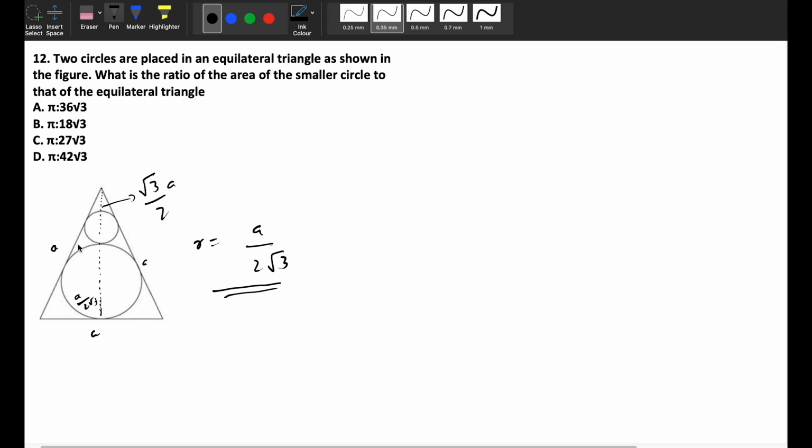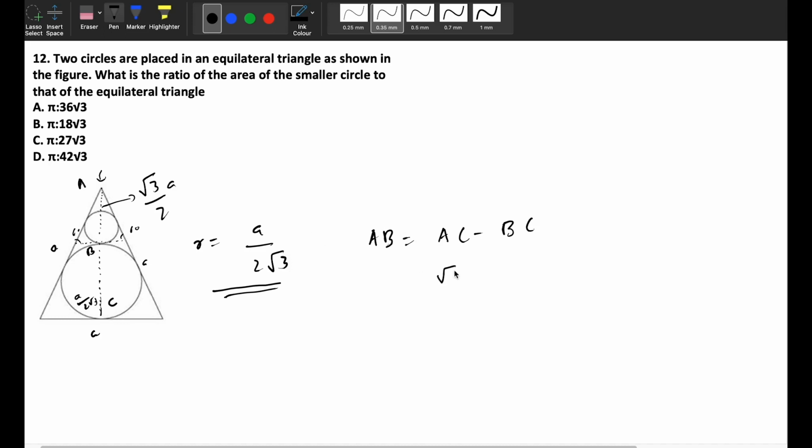Now if we draw a tangent to this point of intersection between two circles, the smaller and the bigger one, that will be parallel to the base, which means angle will be 60 here, 60 here, and this one is also 60, which means this is a smaller equilateral triangle. So let me mark the points as A, B and C here. So the value of AB will be equal to AC minus BC.